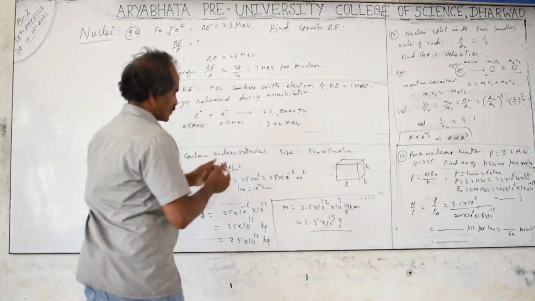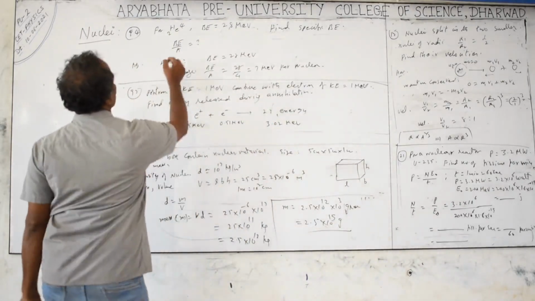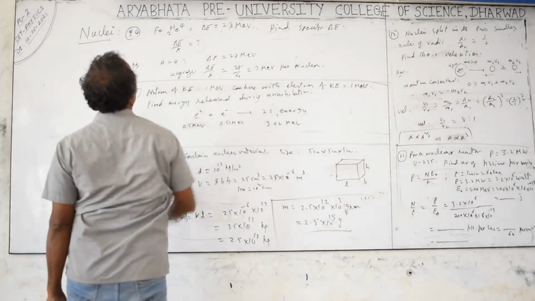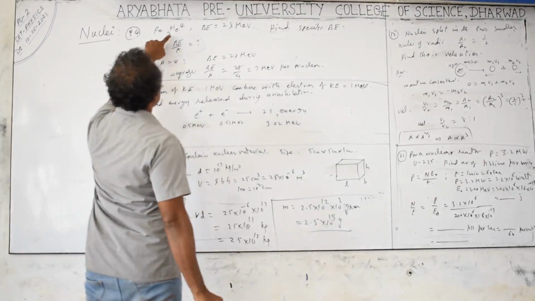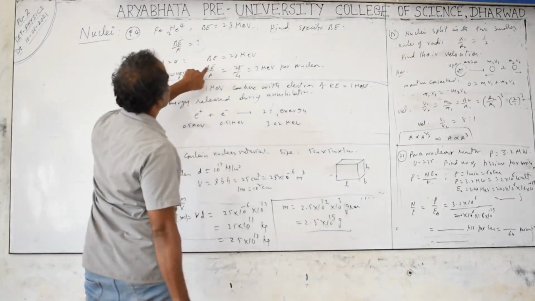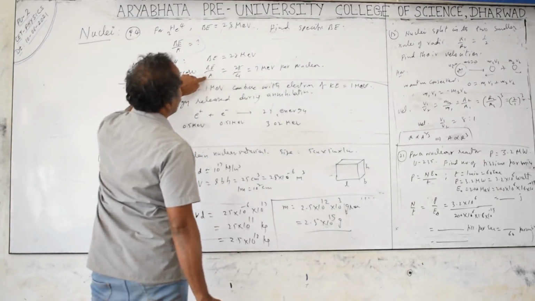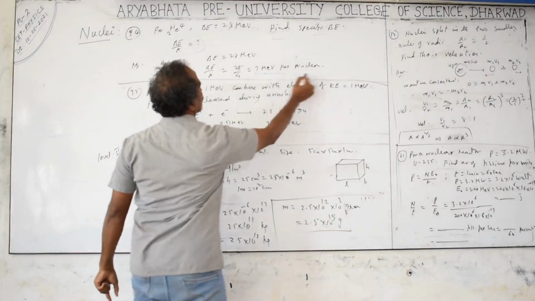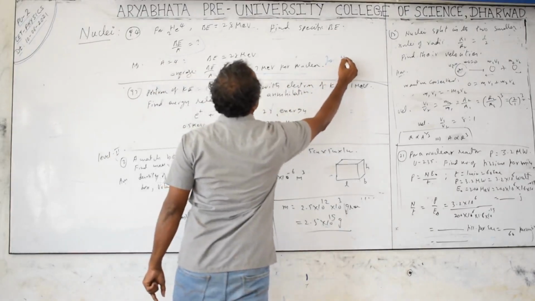Specific binding energy is also called the average binding energy per nucleon. So that is B by A, you have to divide with the mass number. For the helium nucleus, A is equal to 4. Binding energy is given as 28 MeV, and average binding energy is nothing but binding energy by number of nucleons, 28 by 4, which is 7 MeV. This is for alpha particles, 2He4.